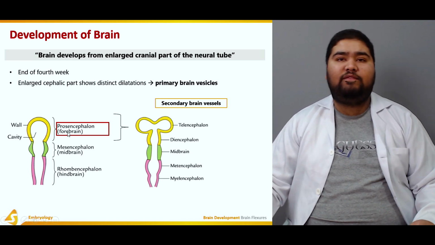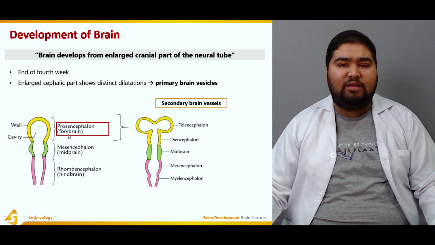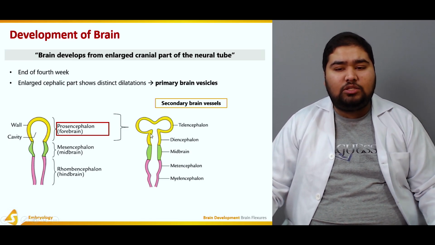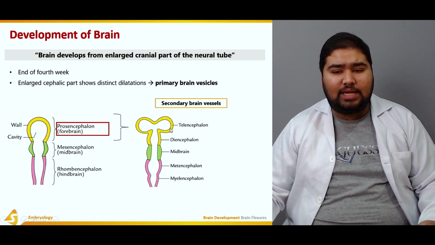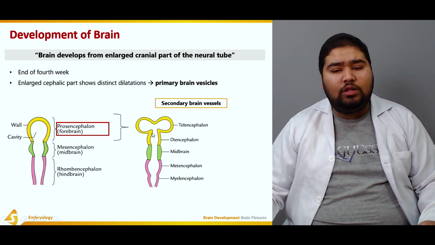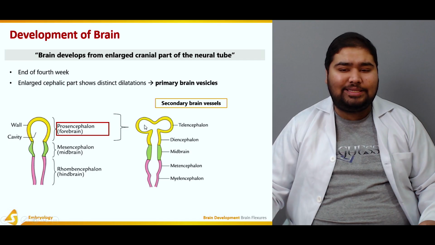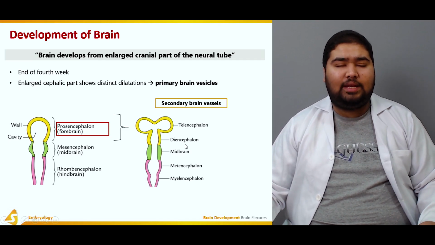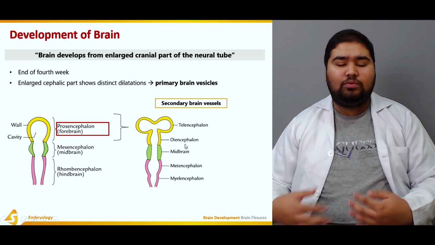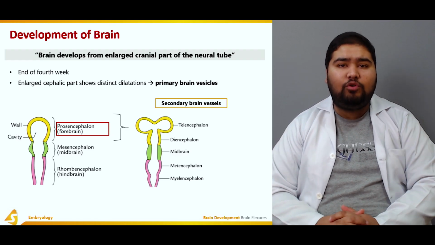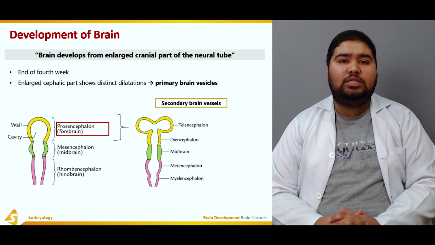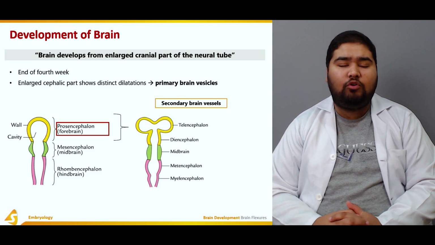This prosencephalon, which was the primary brain vesicle, divides into two. Here you can see it divides into two lateral outpouchings. These are known as the telencephalon, and a small central part that connects this telencephalon to the mesencephalon. This is known as the diencephalon. So these two, the telencephalon and diencephalon, are the secondary forebrain vesicles which are derived from the primary forebrain vesicle,